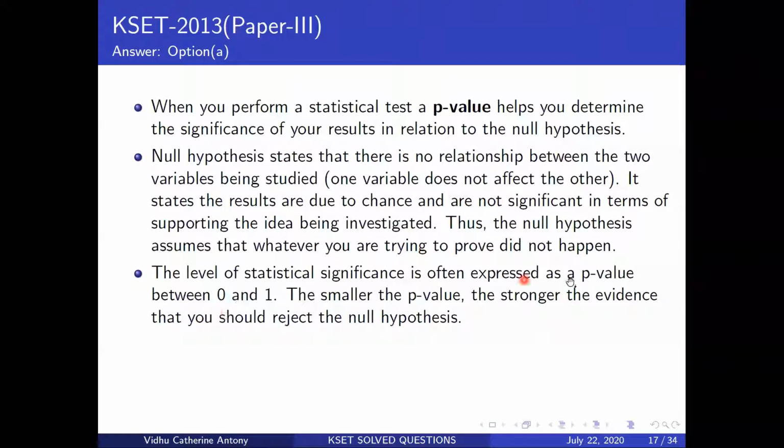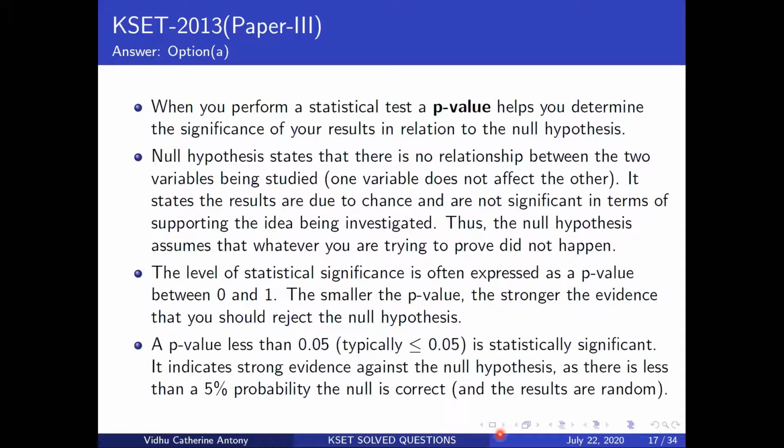Here you have the p-value, which is between 0 and 1. The smaller the p-value, the stronger the evidence that you should reject your null hypothesis. That does not mean rejecting the study. It means rejecting that the null hypothesis works here. My study is not based on randomness is what it means. This has nothing to do with whether the study is valid. The only thing you're looking at is whether the study is based on randomness, but this does not mean that the study you've done is correct.